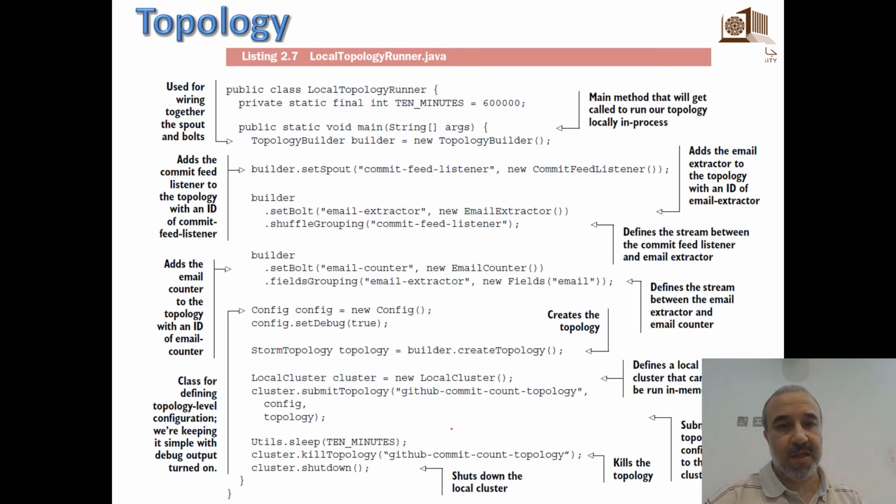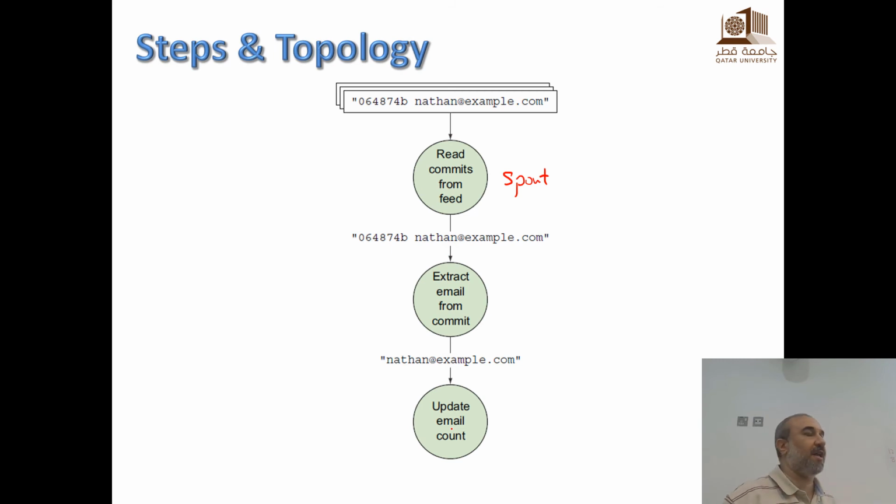Right. Let's see the code here. Of course, we will not go through every line, but we'll give you a quick overview of what it is. First, let's think together about what we need to define here. Can you tell me what you think we need to define? I know that you don't know the API, right? But what are the things that, as a programmer, you need to define here?